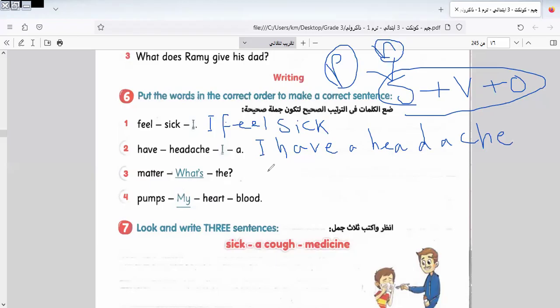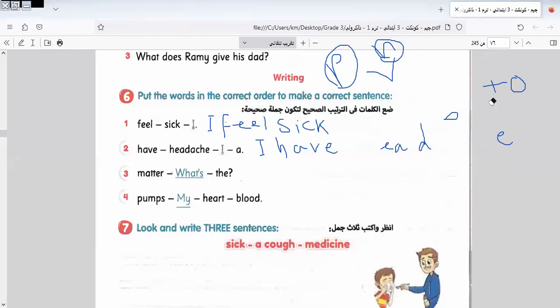Here, you can say, Miss Iman, does this rule depend on all the sentences? Yes, it depends on the sentence. But when we have a question form, what can I do? I replace the verb instead of the subject. We must replace the verb instead of the subject, like this: what is the matter? This is the question. I will leave the rest for you to think about and do by yourself. I think it's easy, okay? Let's go to another question here.